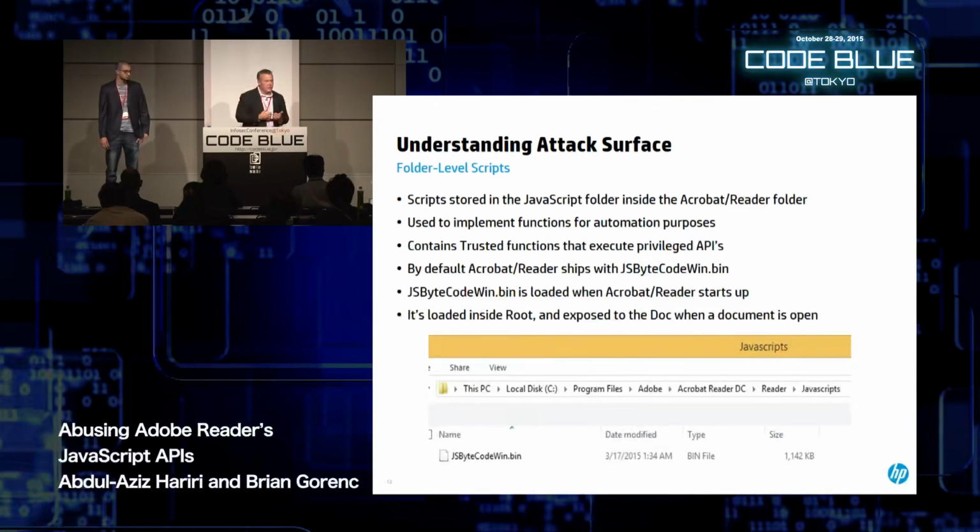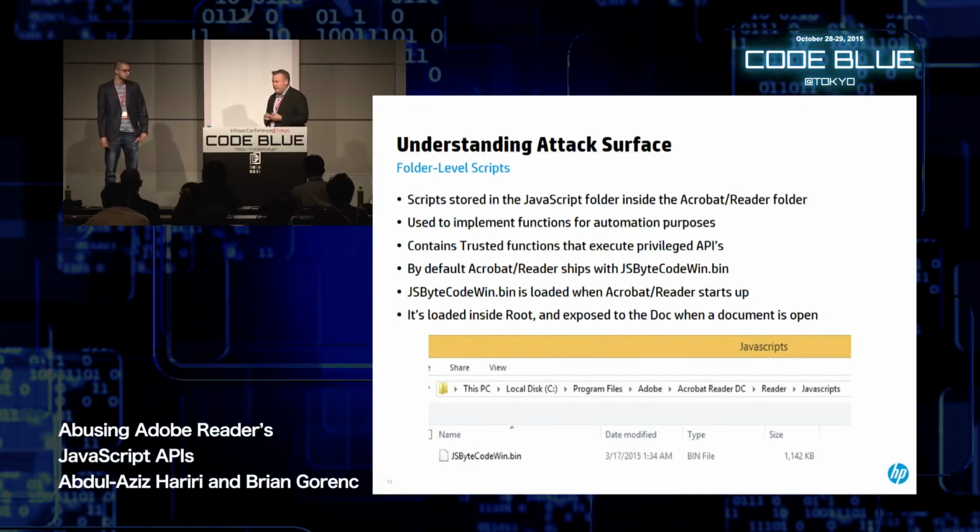You can put these folder level scripts inside of a folder, as you can see on the screen. And they're used to implement functions for automation purposes. You can use the trusted functions inside of these folder level scripts. And luckily enough for us, Adobe Reader provides the end user a set of folder level scripts upon default installation. They're called